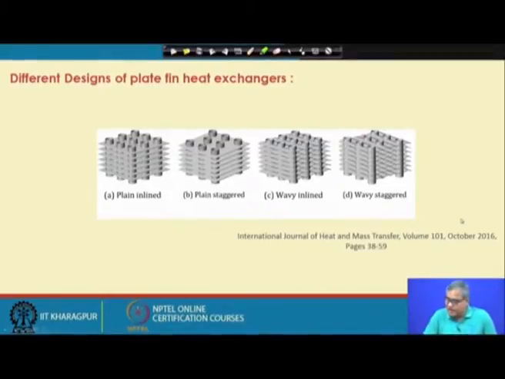The fin plates, here again let us go back to the fin plates, they are very thin. So, in this direction they have got a large dimension, in this direction they have got a large dimension, but along this direction, the direction of thickness, they are very thin. So, we will assume that in the thickness direction there is no variation of temperature, but anyway there will be temperature variation along this direction. So, it is basically a two dimensional heat transfer in fin, which we have not analyzed earlier.